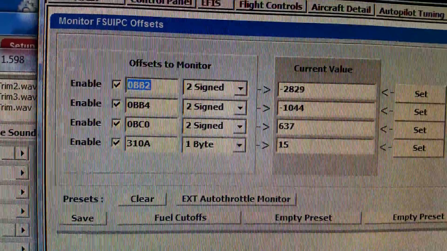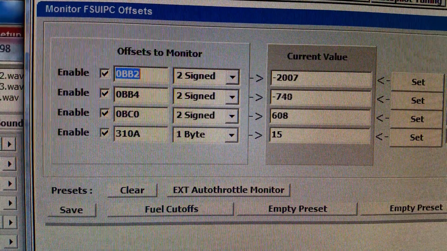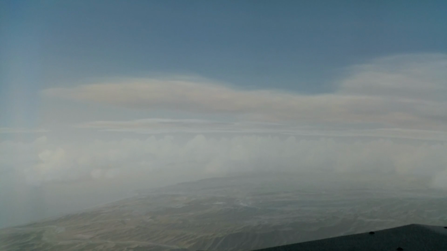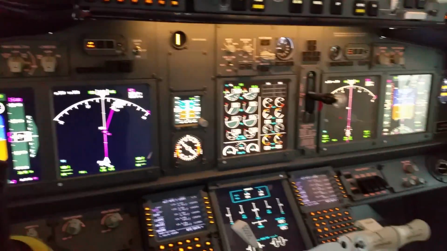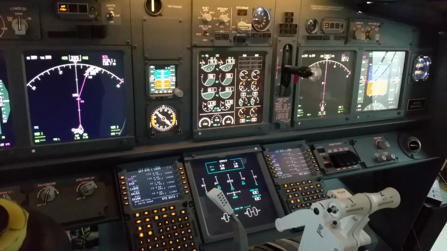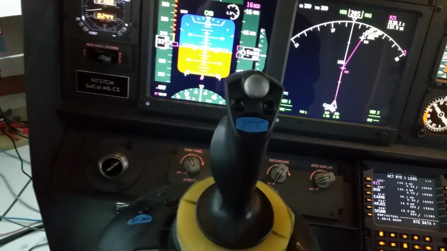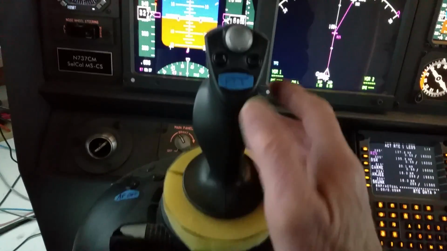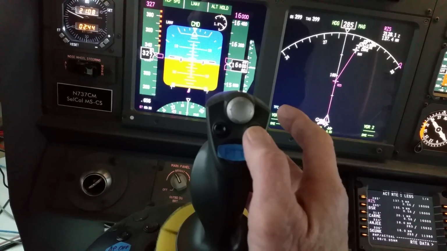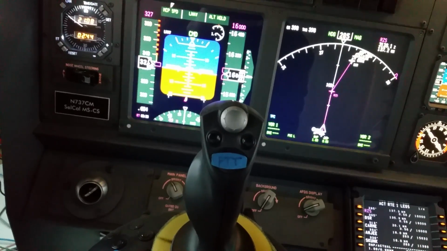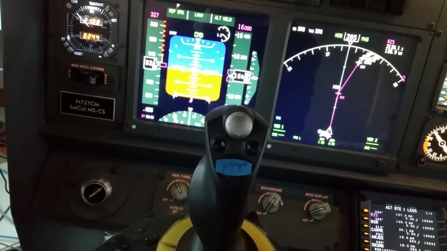This computer screen you're looking at is the Sim Avionics computer. This outside display is the FSX flight simulator computer talking to the Sim Avionics computer. So all of the activity in the flight model that you see here is through Sim Avionics. However, the joystick, for example, the trim buttons, those are through the FSX computer, and apparently Sim Avionics looks at